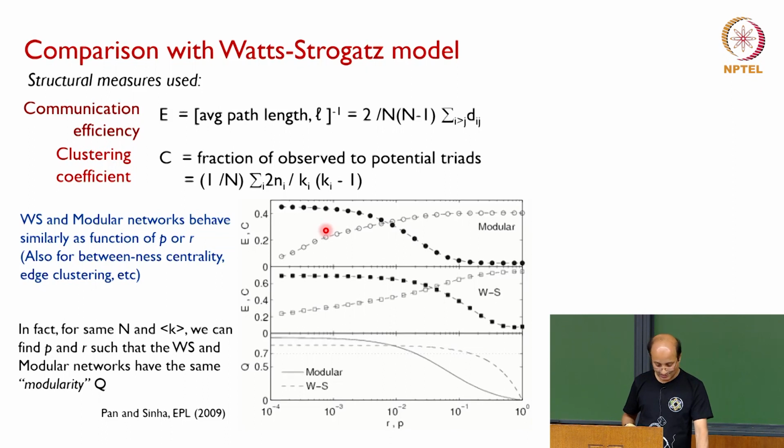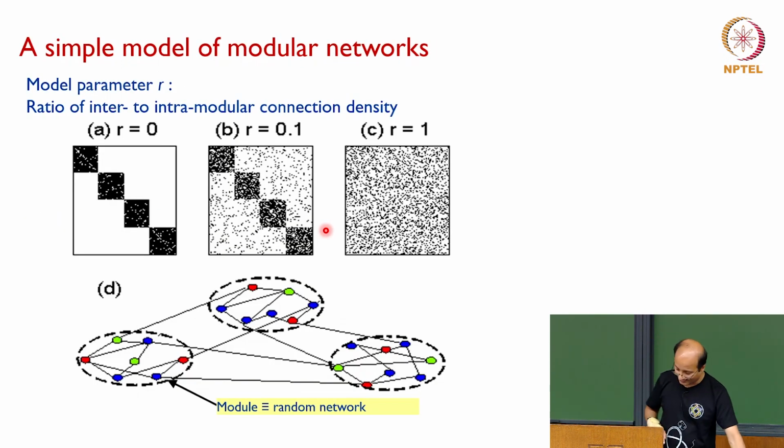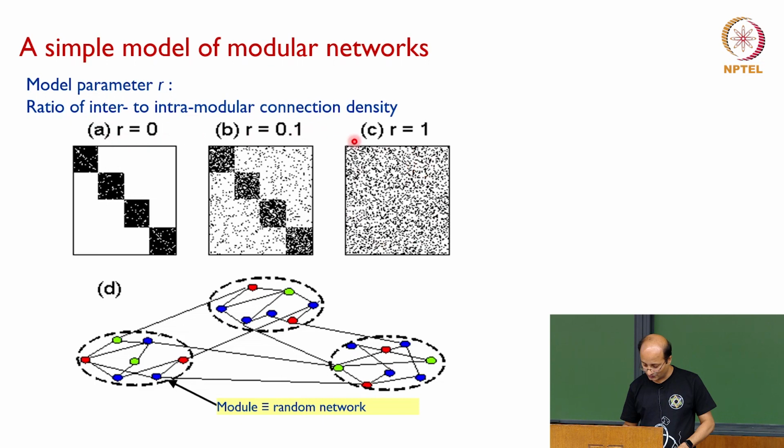range shortcuts. So what we are doing here is that we are varying the ratio of intermodular connection density to intramodular connection density. So when R is 0, that means all the connections are within the modules. When R is 1, that means all the connections are distributed all over. So that means this intermodular connection density is same as intramodular connection density, so that's why it's homogeneous. So as R increases from 0 to 1, you go from a completely modular, isolated modules to a perfectly homogeneous